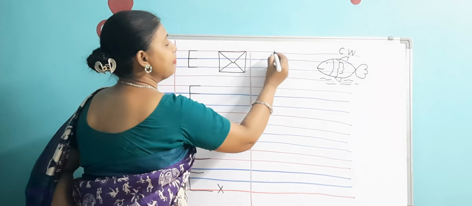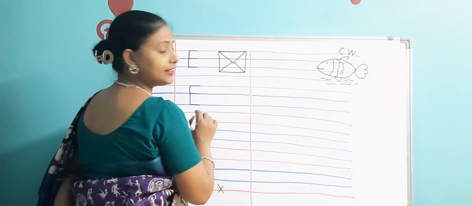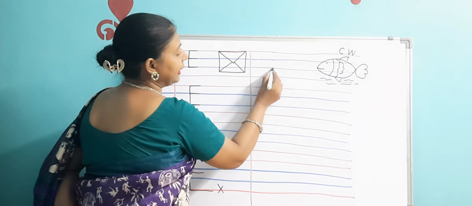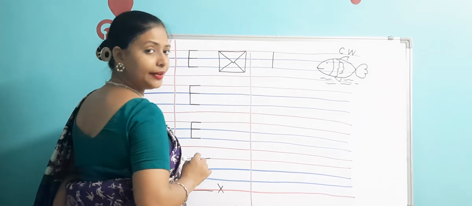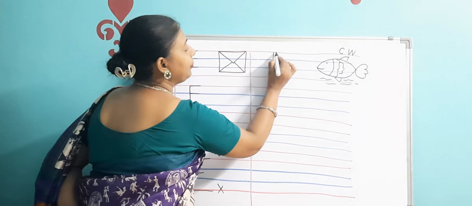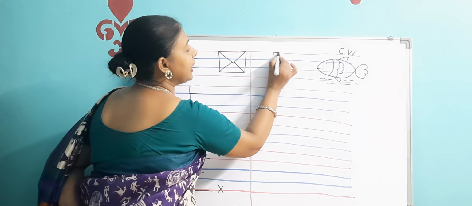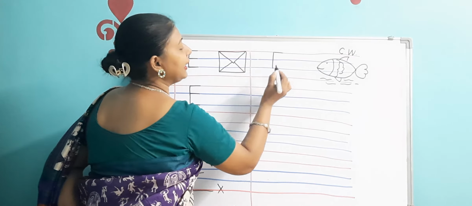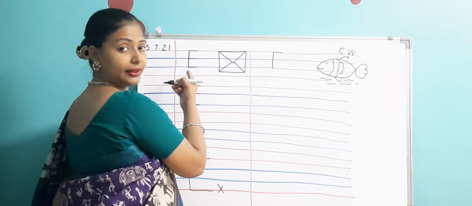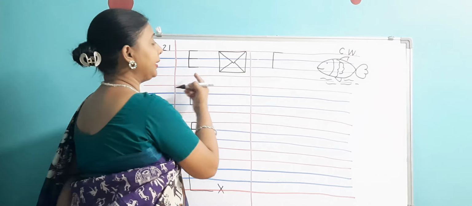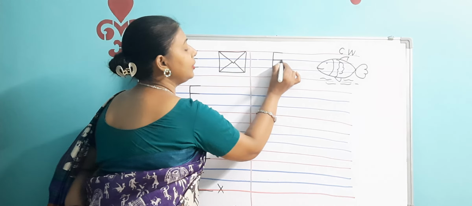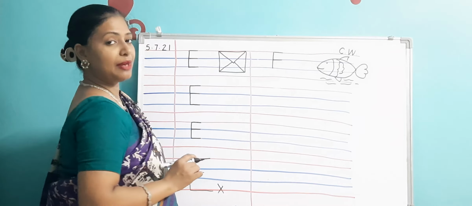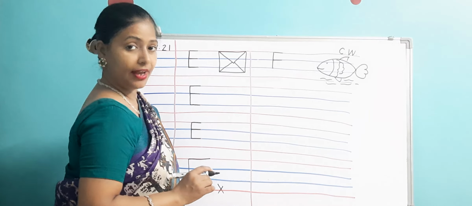So again in the same manner you start from the first line. This is the first line, second line and 3rd line. So from here till here you will draw a standing line. Then on the first line again you will draw a sleeping line like you have drawn in this alphabet E. In the same manner you will draw a sleeping line on the first line, and second line also sleeping line. Now what has it become? It has become F. F for fish.